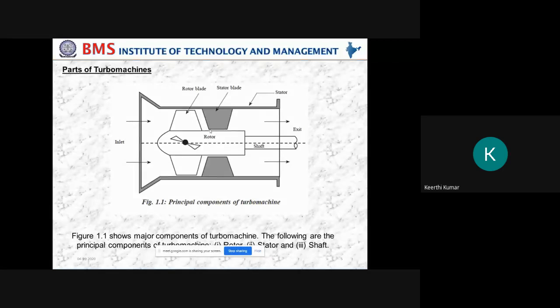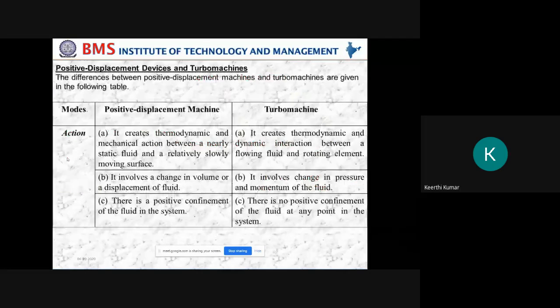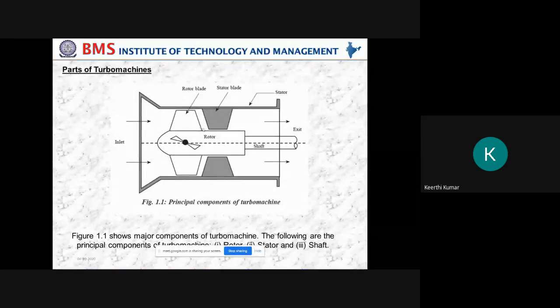After showing the path, the fluid will exit. So this is the movement of the fluid. The fluid will enter from the inlet channel, then it will rotate the blades. Then with the help of the stator, it will take its path where it has to move. Then it will do its work and go out from the casing, or from the entire turbo machine, at the exit. Because of the rotation of the blades, the shaft attached to the rotor will also start rotating. Once it is rotated, if I put a generator here, it will generate electricity.